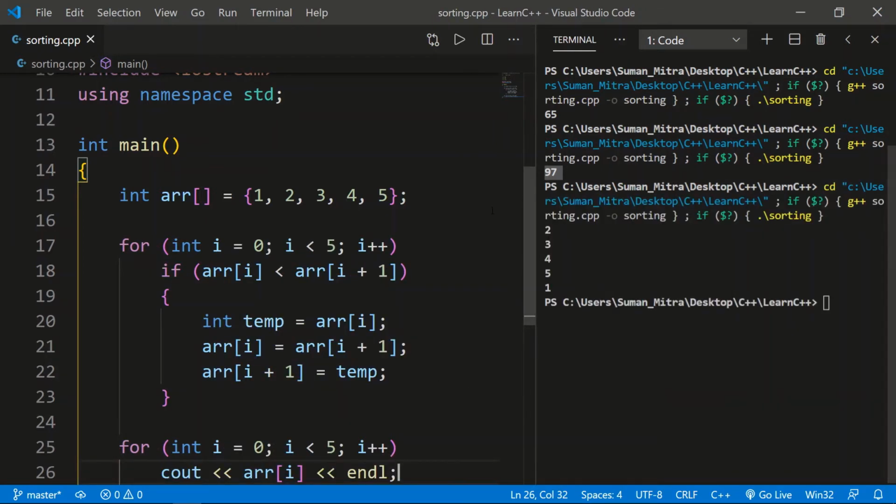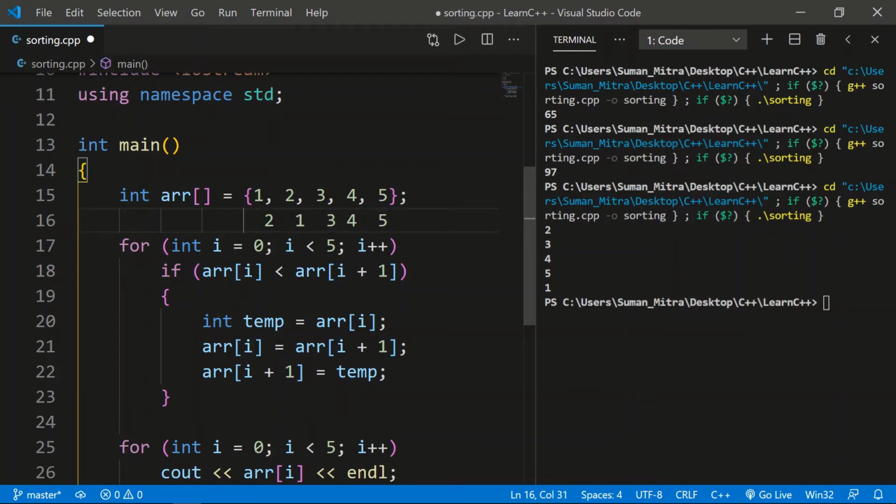you can see the previous value was 1 2 3 4 5 and for the second the value got 2 3 4 5 1. Means it's like jumbled. How is it jumbled? You can see first 1 and 2 was checked. From 1 and 2, 2 was greater than 1, so 2 took the place of 1. Okay, and it became like this. I'll show in the below. So here it became 2 and here comes 1 and this remains the same like 3 4 and 5.